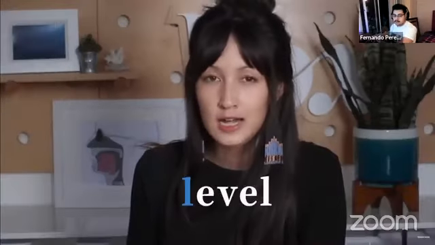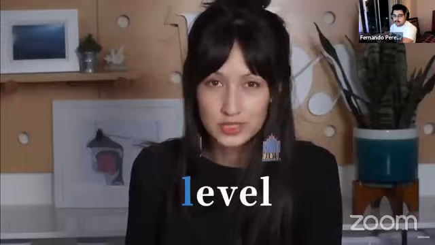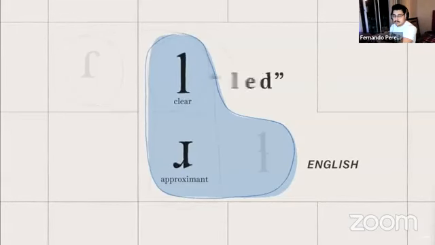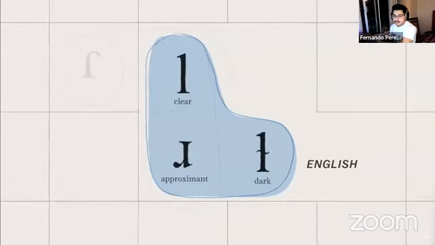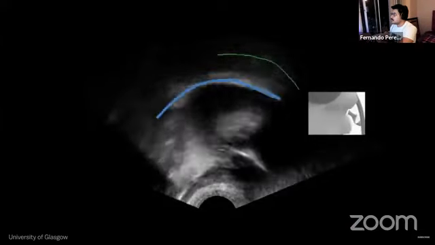Say the word ladle or level. That first L is a clear L. You can probably feel your tongue touching the top of your mouth right behind your teeth, as in lead. But the L at the end of the word is a dark L, where the tip of the tongue might not even touch the top of your mouth at all. A dark L is where the back of the tongue is moving up towards the soft palate, and it gives it a sort of O-ish sound. Level. So the English R and L are complicated, but still,